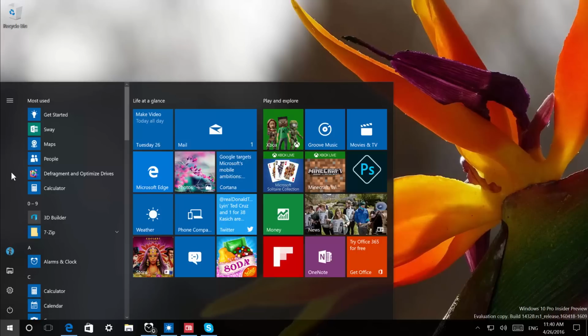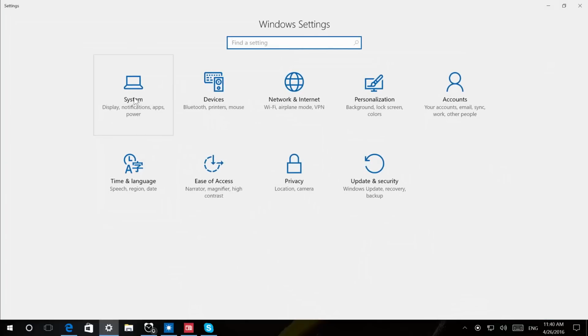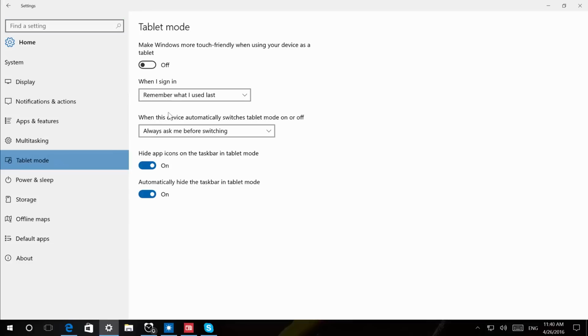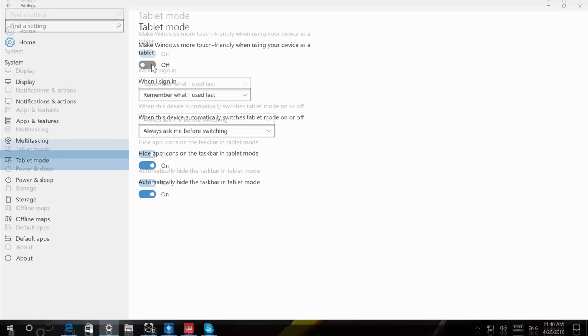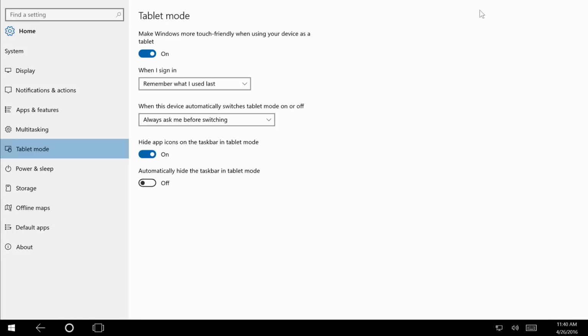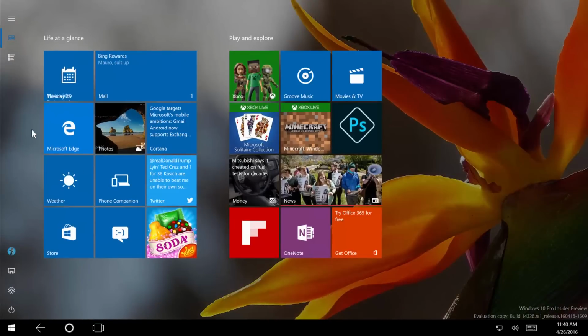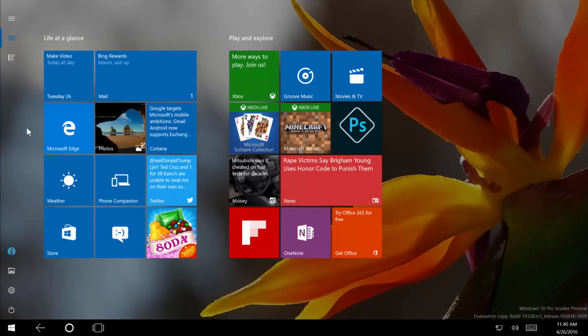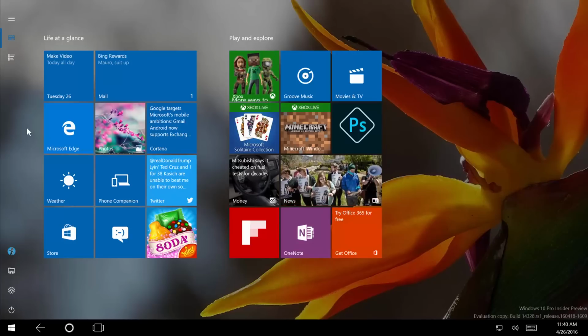These new changes also expand to the full screen version of the menu that we'll see on tablet mode. So now let me see if I can open tablet mode. We go to system, and then we go to tablet mode, and we enable this mode right here. So this is the start screen that we see now on the Windows 10 14.320a, and now we also see the